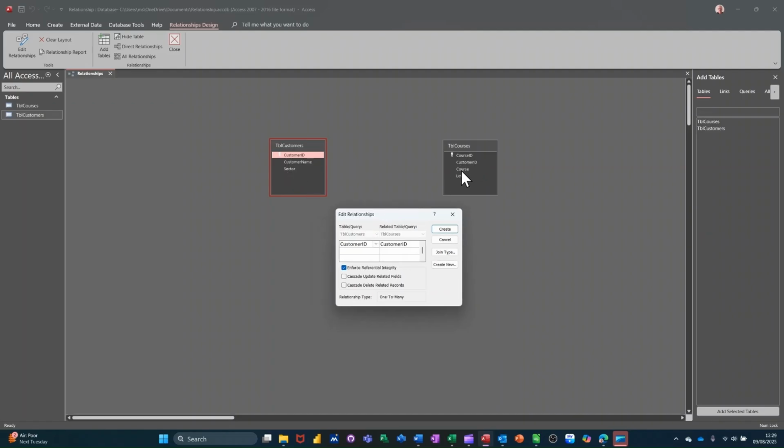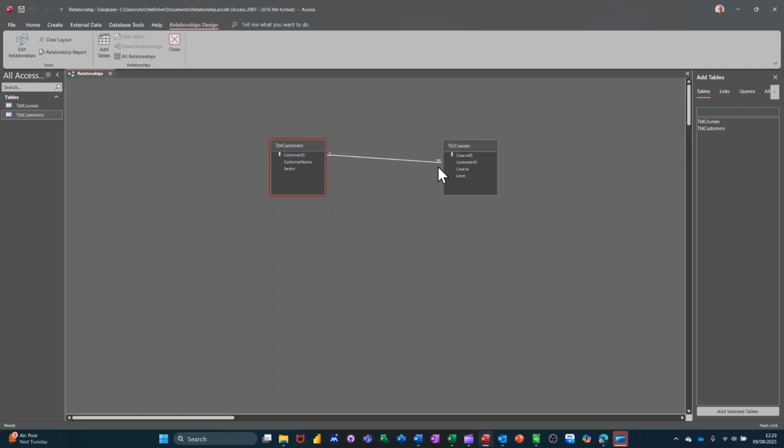And sometimes when you've already got data in tables, you can't tick that. You can still create the join, but you won't have this symbol that's going to appear now, the one-to-many, the one-to-infinity symbol, like so. Now I'm going to get rid of that for a second, because if I